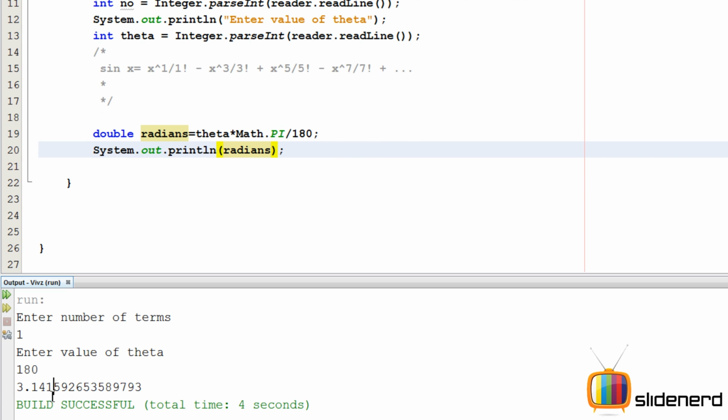Because it's 2 pi, and that's exactly perfect. The 180 degrees is actually pi. It's not 2 pi. Sorry about that. My maths is bad. I keep telling you guys all the time. This is one of the ways for converting this.